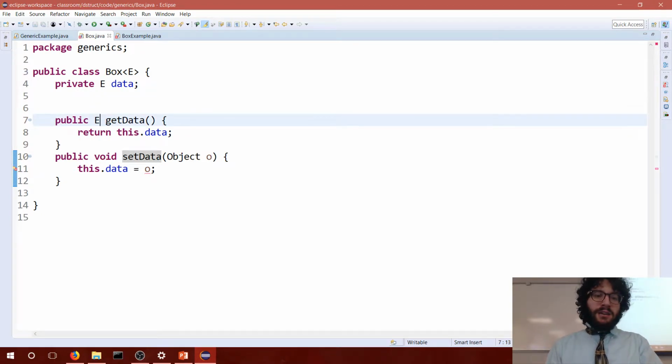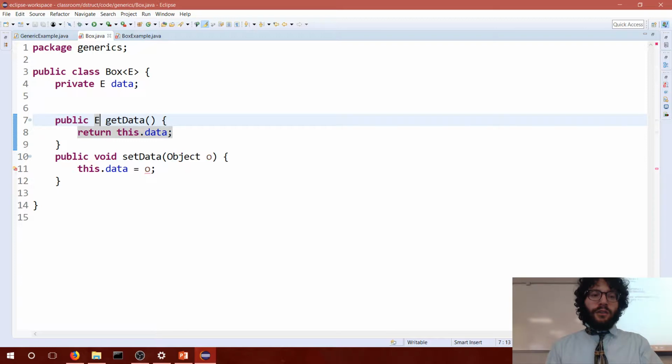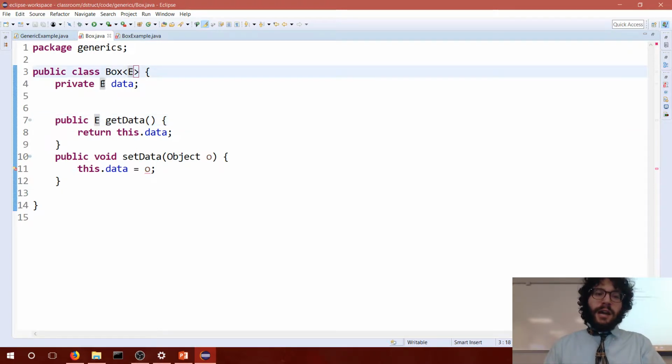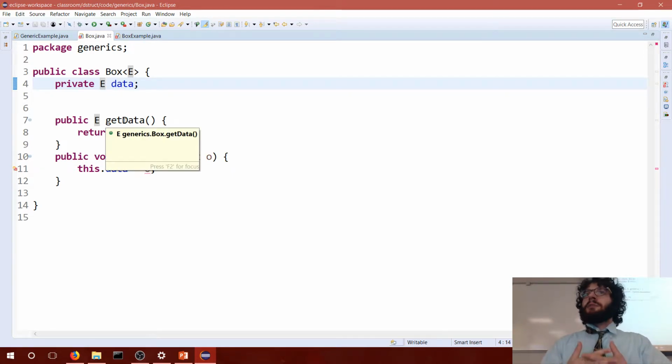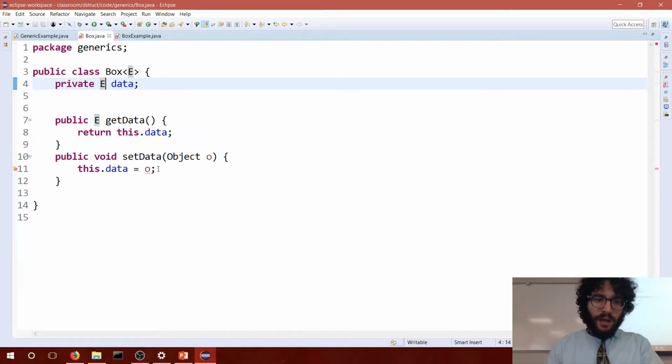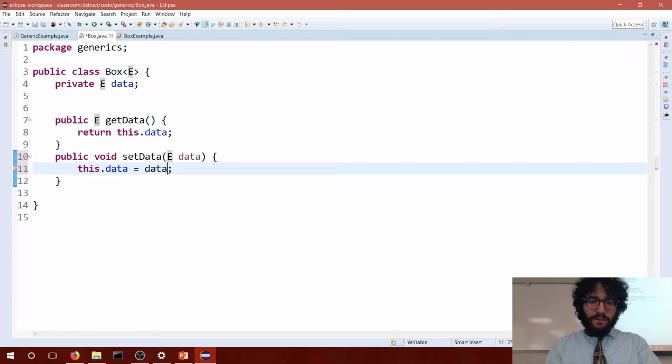Data is of type E, so in public E getData, we return this.data. And the E is over here because this.data is of type E. That means that if this is set to a string, getData is going to return a string. If this is set to an integer and data is an integer, then getData will return an integer. You see how that's useful? It will modify the return type on the fly for us, essentially. And over here too, we can change the setter